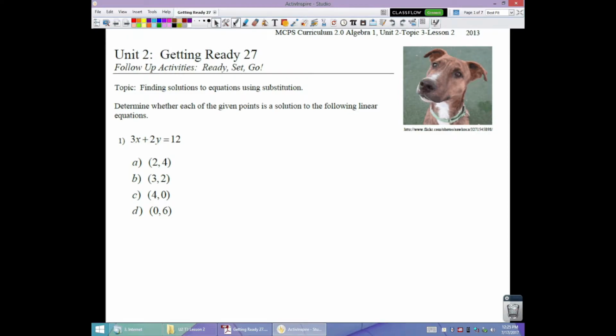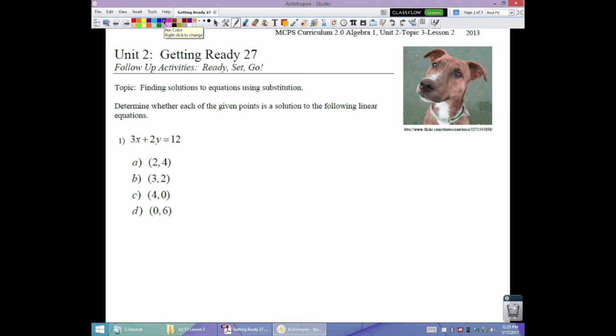All right, so in the first section here, we are going to look at the four choices for each of the equations and decide whether or not each one is a solution to that equation. Now remember, a linear equation in two variables does have infinitely many solutions. So this is not a multiple choice. This is more like one of those choose all that apply. Okay, so we have to check all four of them regardless of what happens for the first or second one